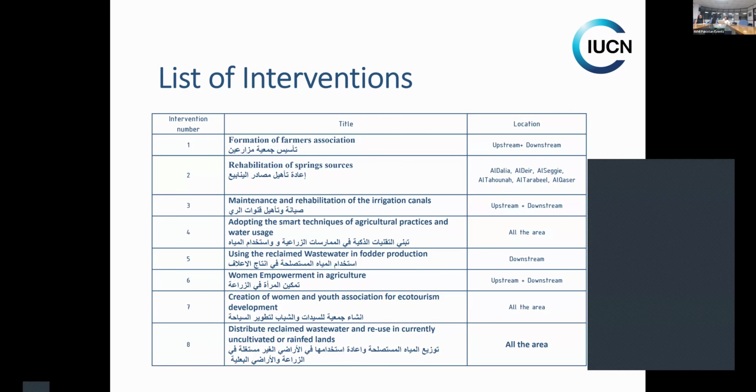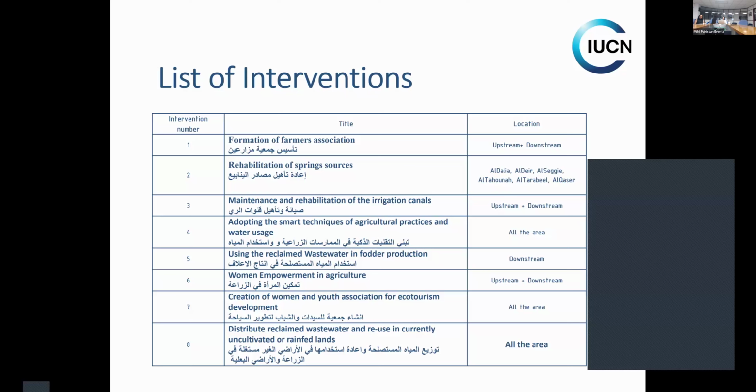also rehabilitation of spring sources for some of the deteriorated springs, and we have الدالية, الدير, السقي, الطاحونة, الطرابيل, and القصر, all of which were proposed by the Ministry of Water and Irrigation, the Mayor of Wadi Sir, and the farmers. The third one, maintenance and rehabilitation of irrigation canals. Fourth, adopting smart techniques of agricultural practices and water usage, using reclaimed wastewater also in further production,